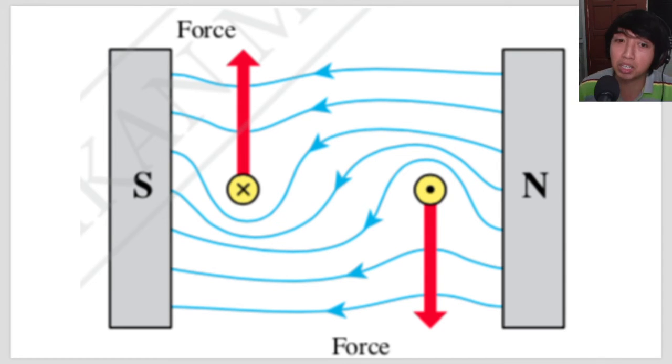By the way, I forgot to mention this earlier. These symbols, the yellow with a black dot and the yellow with an X, they both have different meanings. So let me double check. If you check your textbook, I forgot to put this in the slide, but on page 138 in your textbook,